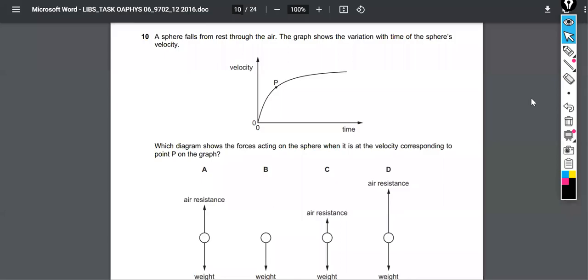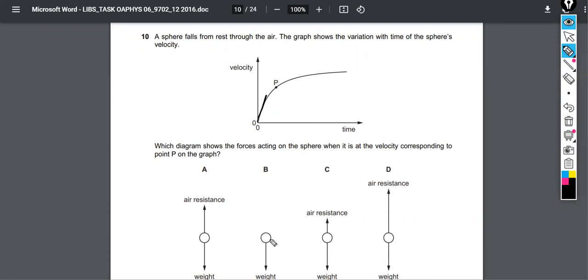In this question, we're considering a sphere that falls from rest through the air. The graph shows the variation with time of the sphere's velocity. And so students that have studied this physics will recognize that this object is increasing its velocity from 0. The slope of the velocity-time graph gives acceleration, and the acceleration here would be just the acceleration due to